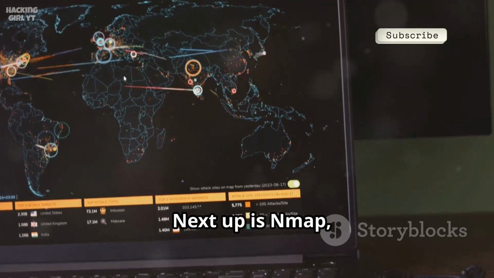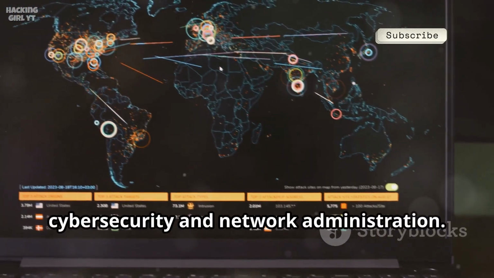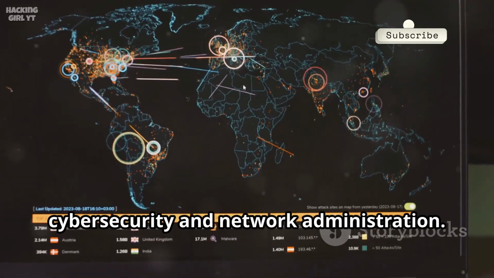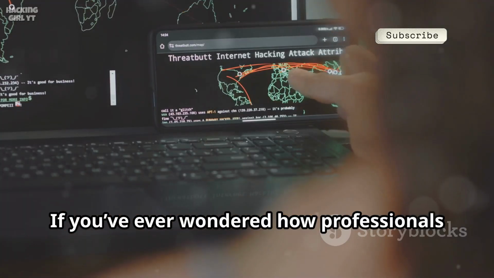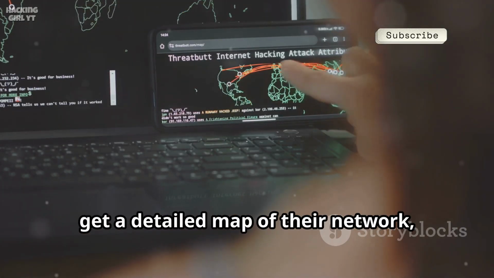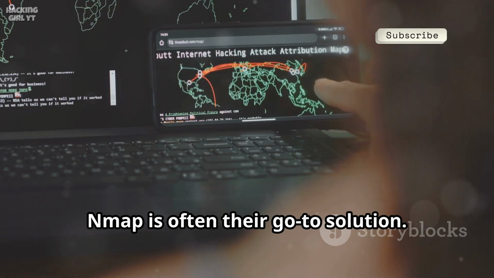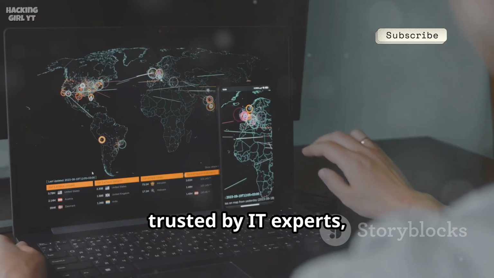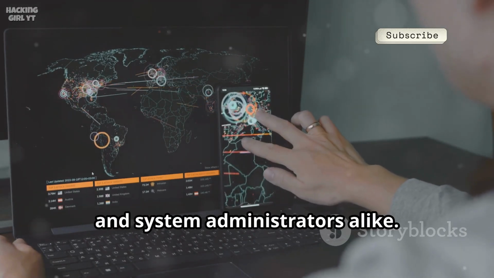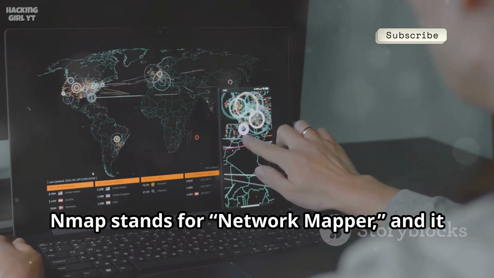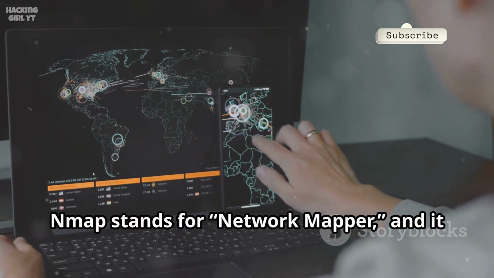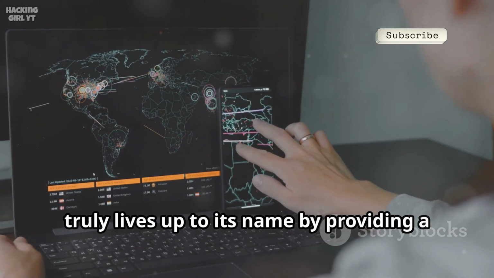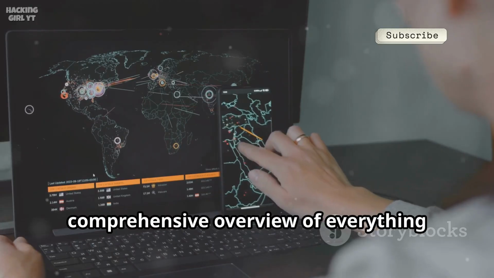Next up is Nmap, a legendary tool in the world of cybersecurity and network administration. If you've ever wondered how professionals get a detailed map of their network, Nmap is often their go-to solution. It's been around for decades, trusted by IT experts, ethical hackers, and system administrators alike. Nmap stands for Network Mapper, and it truly lives up to its name by providing a comprehensive overview of everything